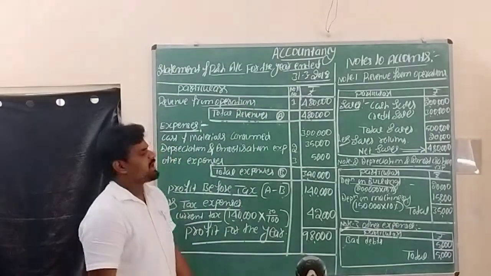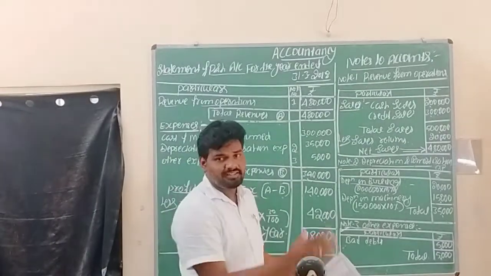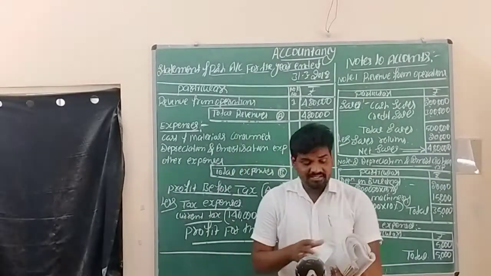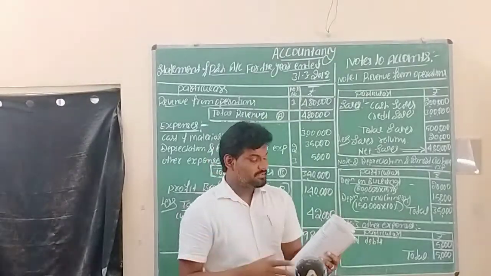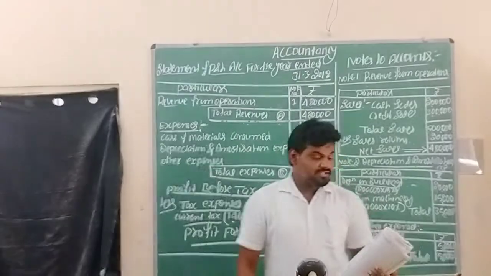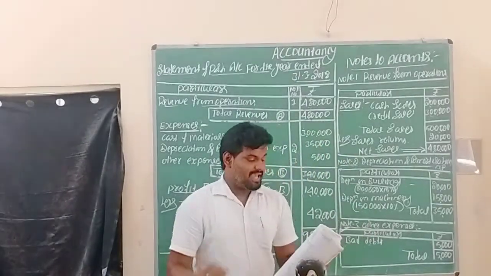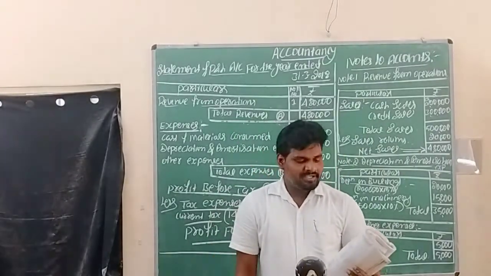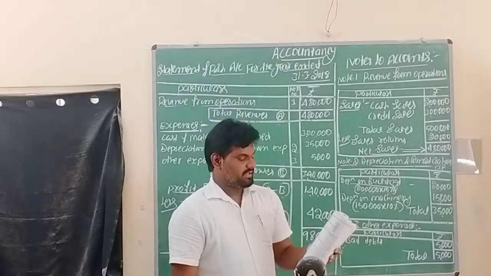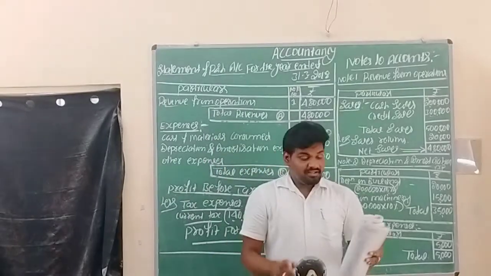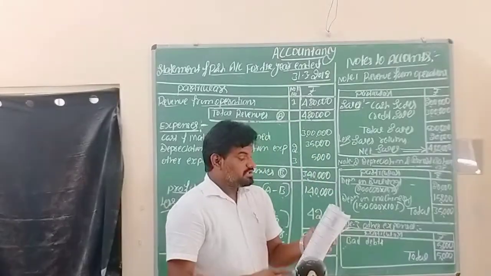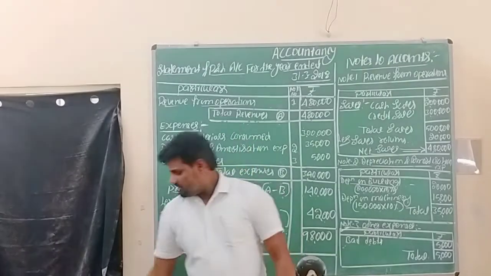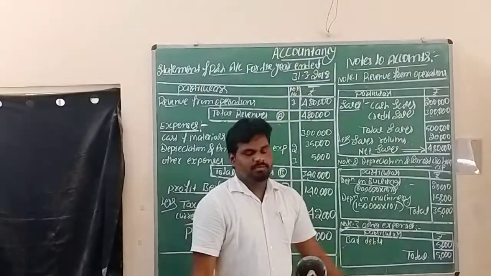For this preparation, they have given some information in the question. They have given cash sales as well as credit sales. The cash sales are 2 lakhs, credit sales 3 lakhs, and sales returns 20,000. Cost of materials 3 lakhs, buildings 2 lakhs, machinery 1,50,000, bad debts 5,000, and tax 30%. So these are a few transactions. The next one, note: charge depreciation on buildings and machinery at 10% each.